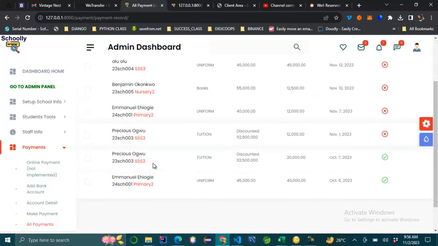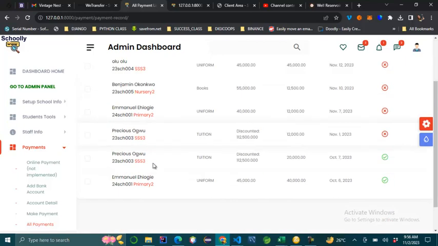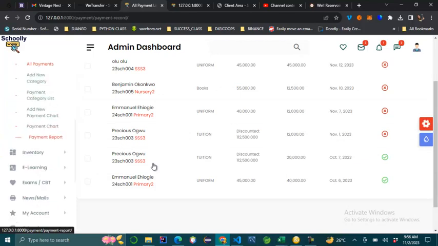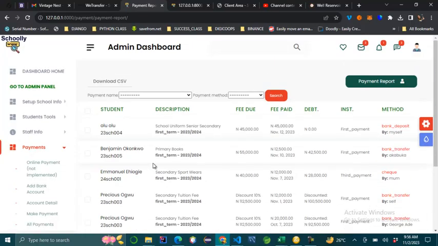Also, for any student you give a discount, the total debt, of course, will be deducted from the discounted amount due. We can get this from the payment reports. If you go to the payment reports, down on the last option on the payment menu, you see a comprehensive detail of the payments